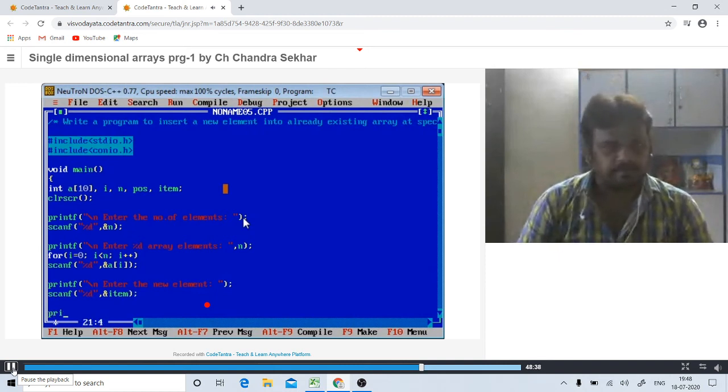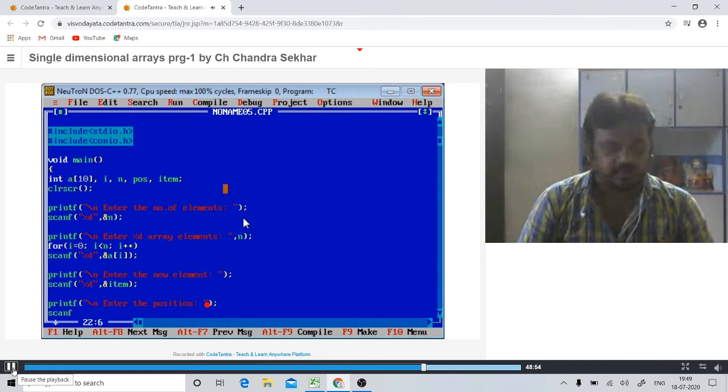Now read the position. printf enter the position, scanf %d &position.